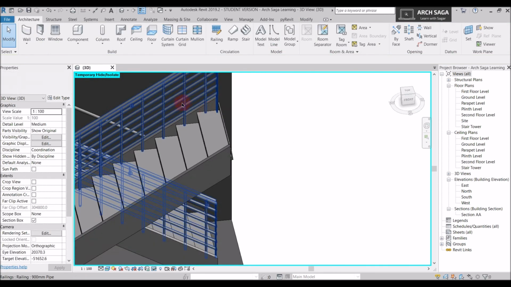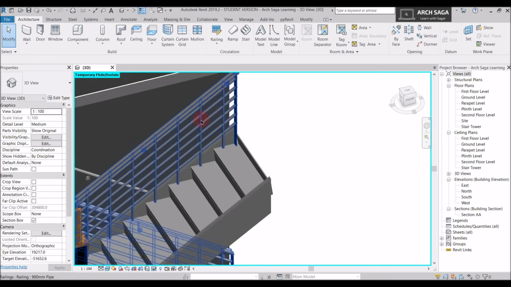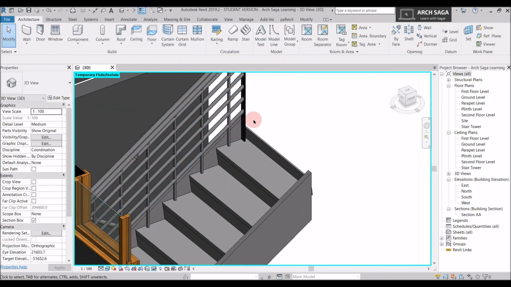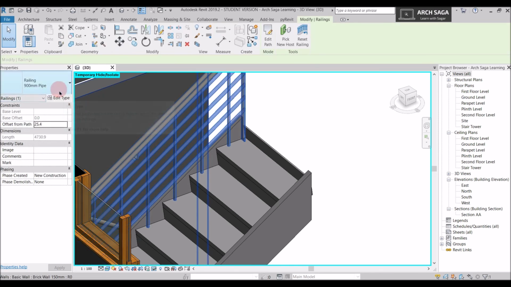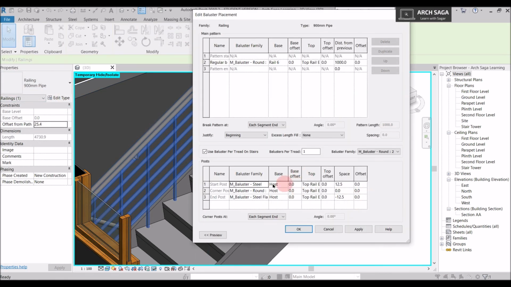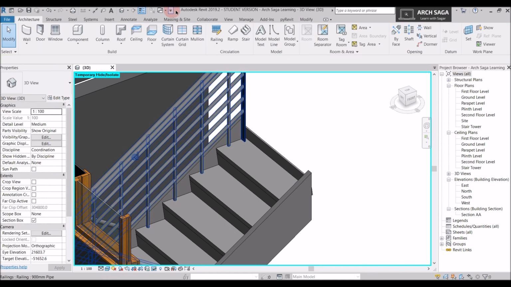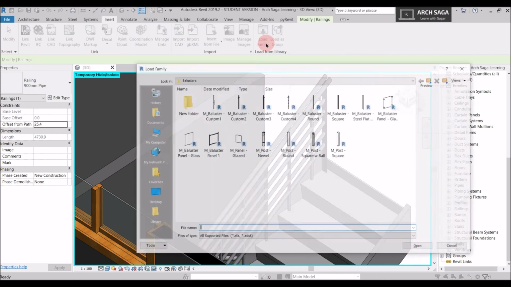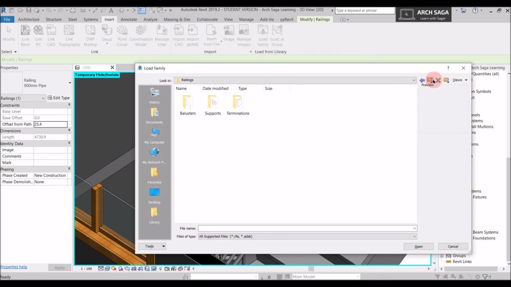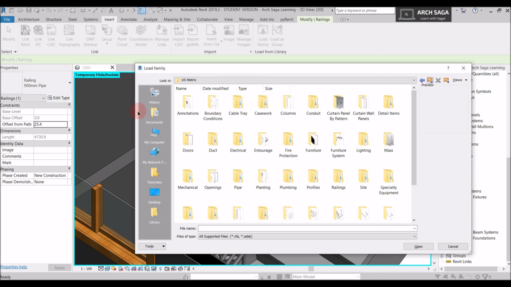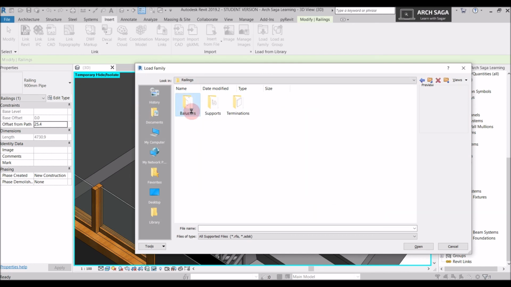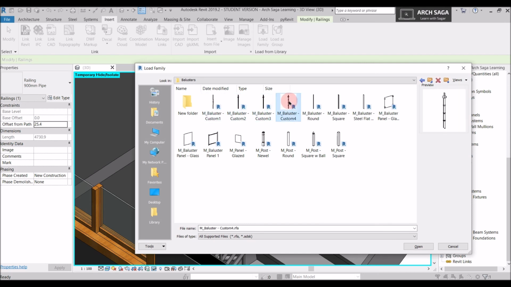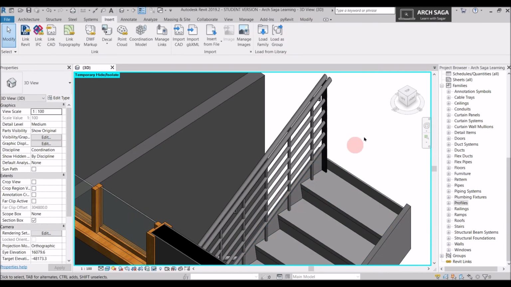Now if I want this baluster with a different shape or anything, so I will just insert a family of baluster. Now if you see, you have just a limited type of baluster types here, so only these many types, but we will add some more and we can change the baluster type. What I will do, I'll just select the railing and I'll go to insert, go to load family, and you will see this window at start. So you will go and select for railings, you will go into balusters, and here are some baluster types. So what I'll do, I'll just select this baluster type and I will say open, and this is loaded here.